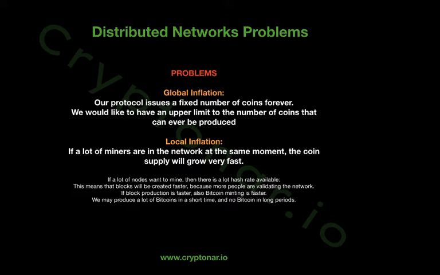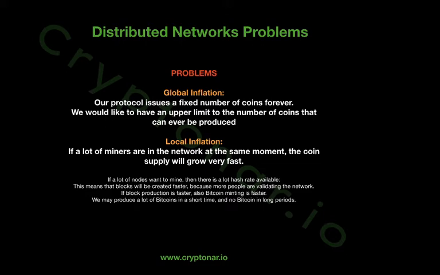So we don't want to issue Bitcoin forever, because in this case, if we keep creating Bitcoin out of nothing, in the end you're inflating the supply. So in our monetary policy, like an Austrian monetary policy, we want to have an upper limit of the number of coins that can ever be produced. We don't want to go over that. This way, we want to get a treasure, where no more money can be printed.